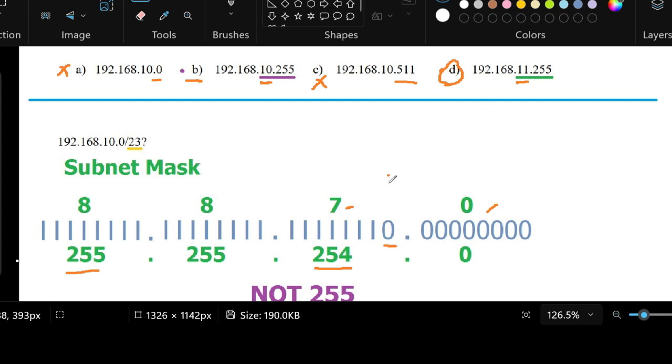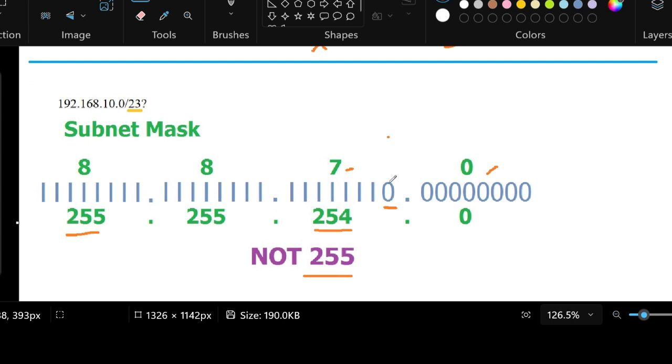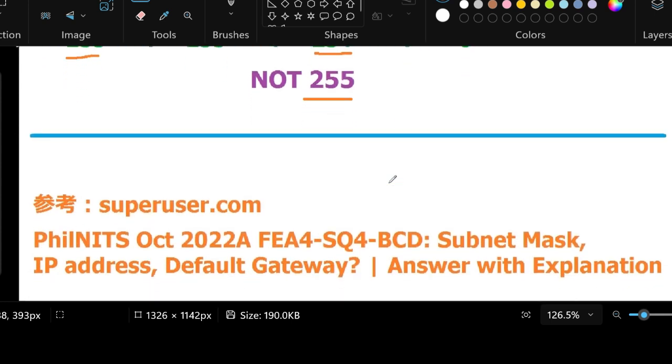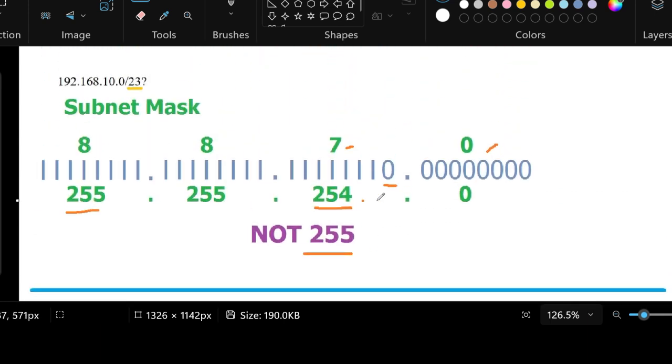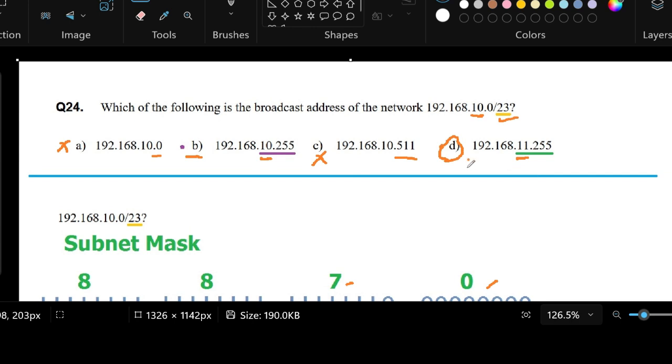So, if that's the case, is there anything else that we would need to explain? I think we need to also share that if you need any more explanations, you can look it up at superuser.com, and also a previous video that I uploaded where I was explaining subnet masks, IP addresses, and default gateways. This was a question 2 years ago, October 2022, and I think that should also at least help you understand how to come up with something like this for the subnet mask. And again, the correct answer is letter